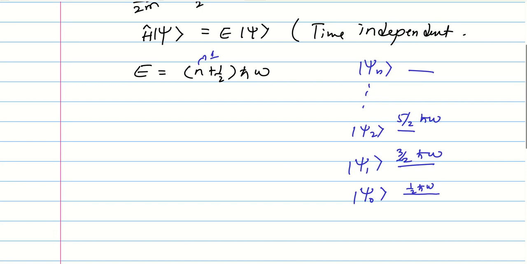Right? So here you have expanded this psi as a linear combination of all the possible eigenstates. So you don't know in which state your system can be in. It can be in this psi 0 state also, it can be in psi 1 state also. So there are many possibilities, right?